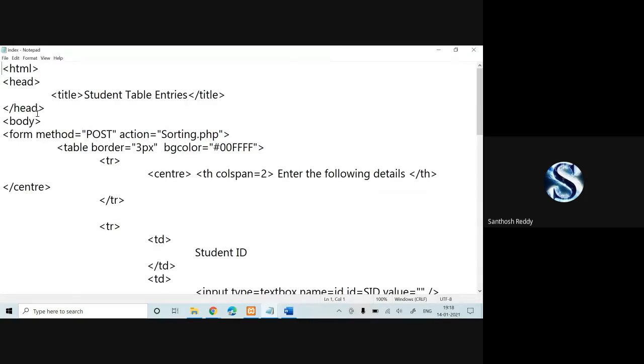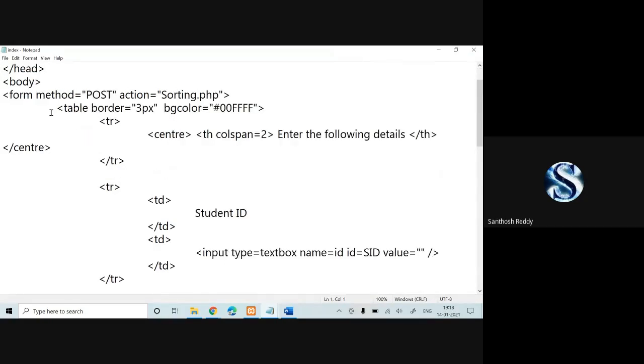Just head, title, head, you leave it. Now, earlier we used to use form and just close the tag. Now, what I'm going to do here is method equal to post, action equal to sorting.php. I'll tell you later why I have used these two parameters in the form tag.